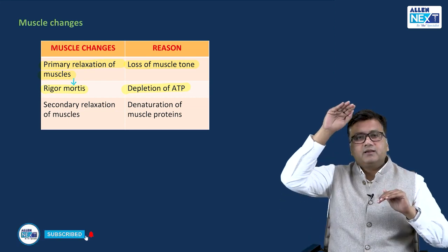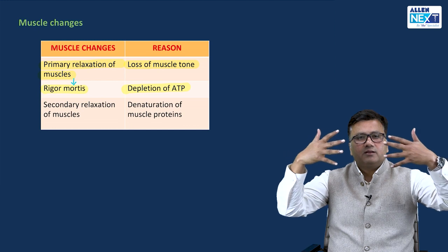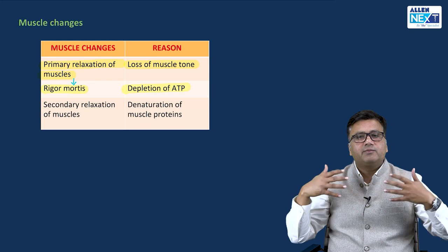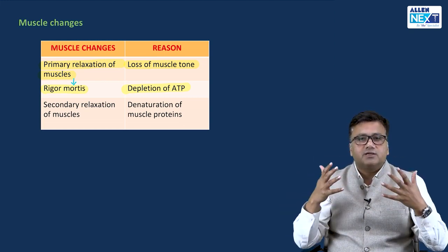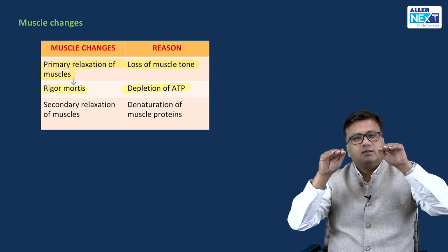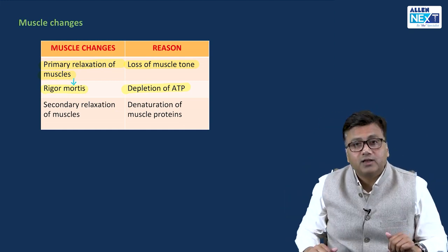And as the ATP gradually depletes, the actin and myosin start to interdigitate. As the actin and myosin interact, the muscle contracts, and if the muscle remains in a contracted form, it becomes rigid. So, as the ATP depletes, gradually the rigidity goes up. It is a gradual phenomenon.